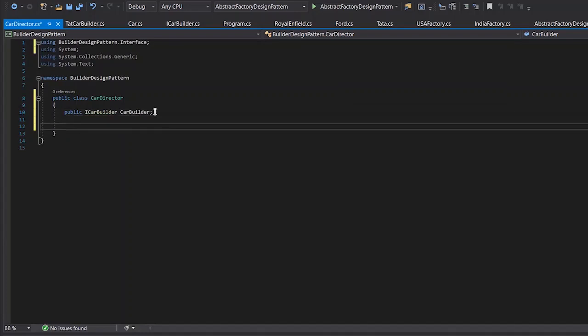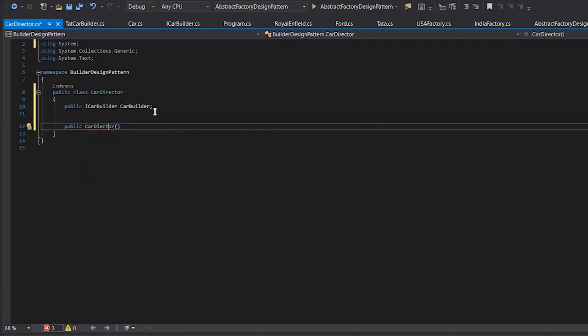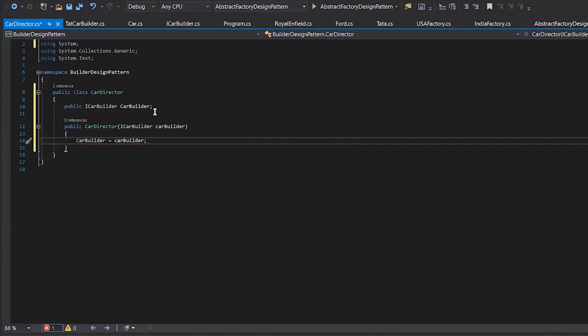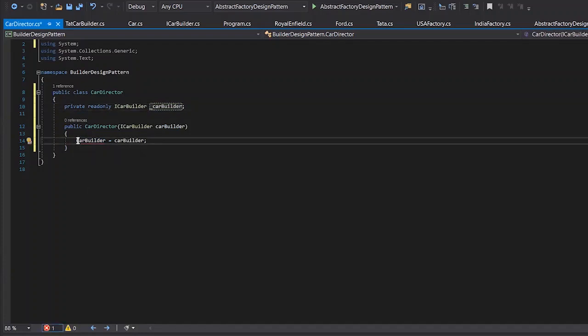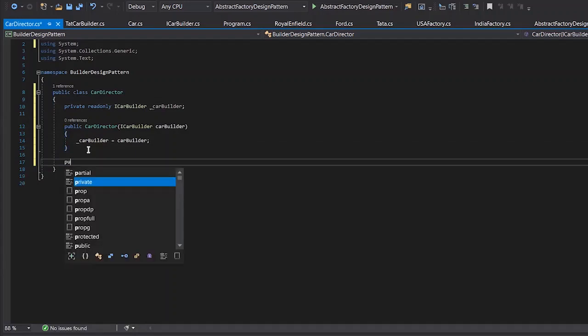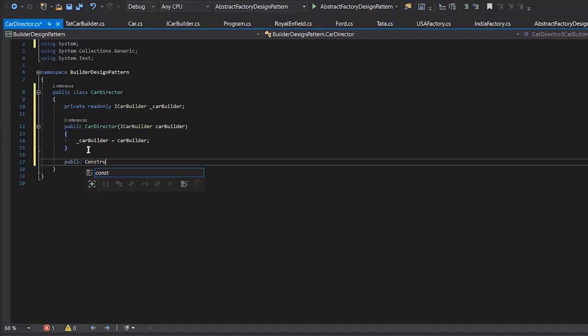Let's add a constructor where we need to initialize a car director with whatever the configurations we are having. We'll pass the car builder instance here. We don't need to make it public. Let's make it private read-only. So we have our car director initialized, and finally our final method, the construct method.